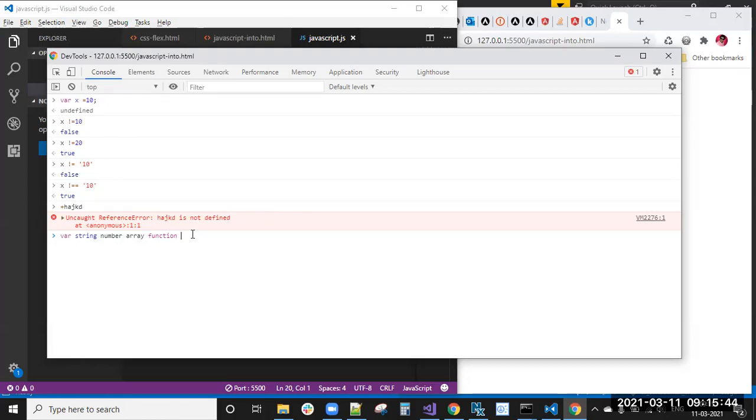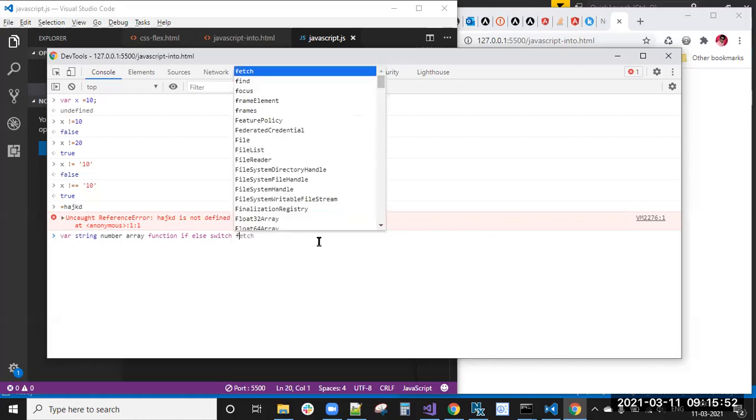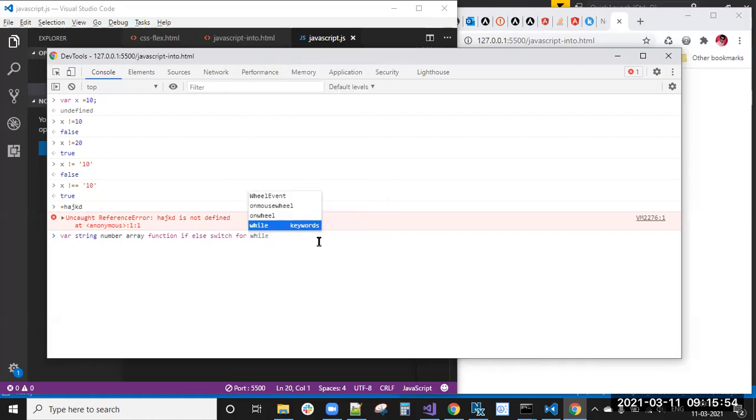We also have the if condition, else, switch. These are keywords only. Also for, while, do. These are keywords. We have a few more JavaScript keywords, so with these keyword names, don't declare variables.